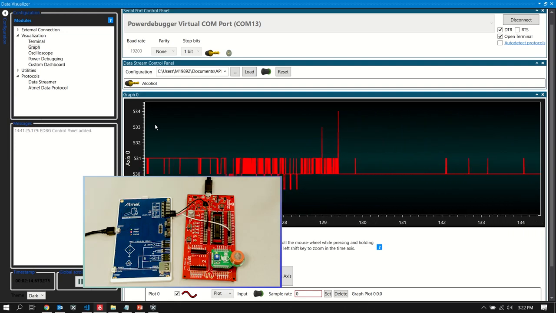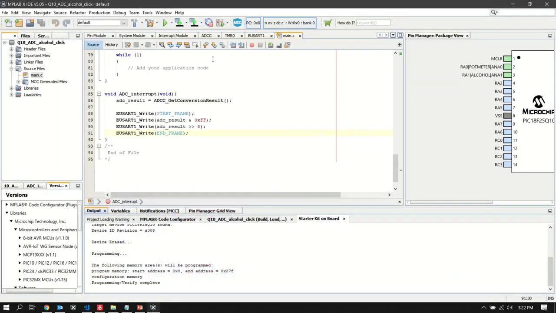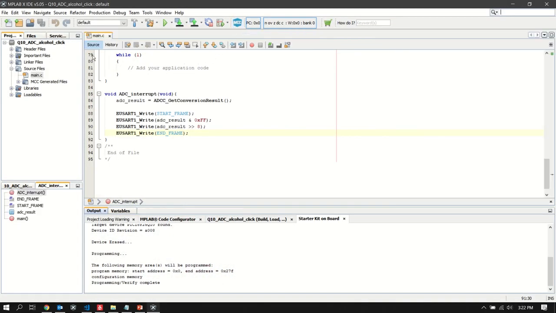So what we're going to do about that is that we're going to disconnect this for now, and then we can go back to MPLAB X and open MCC again. Oops, sorry, I just closed it. I kept it open before. Sorry about that. So we'll open up MCC,